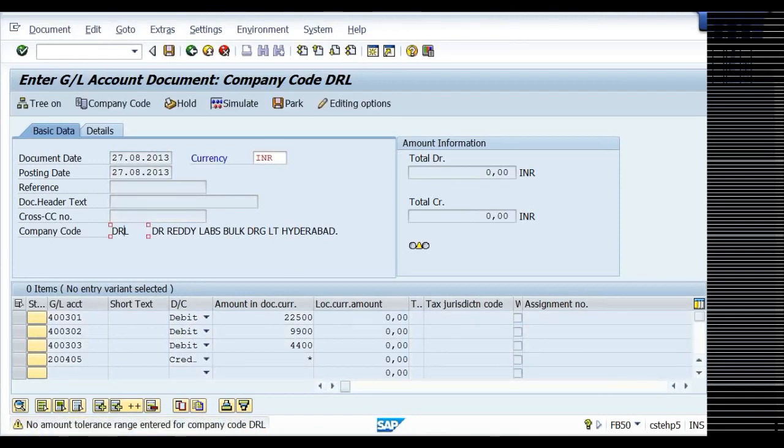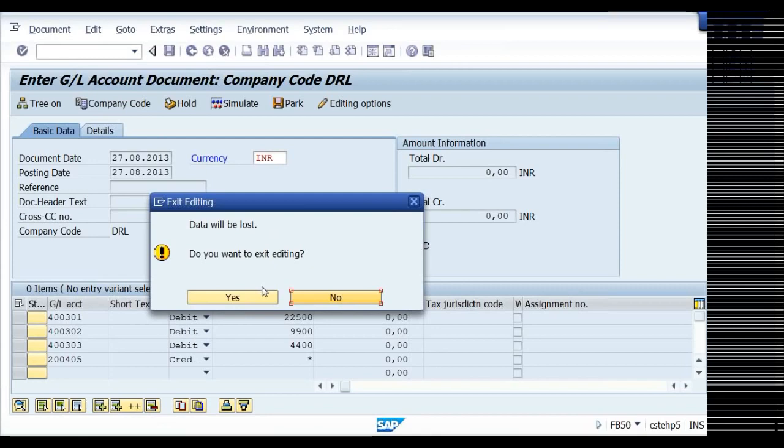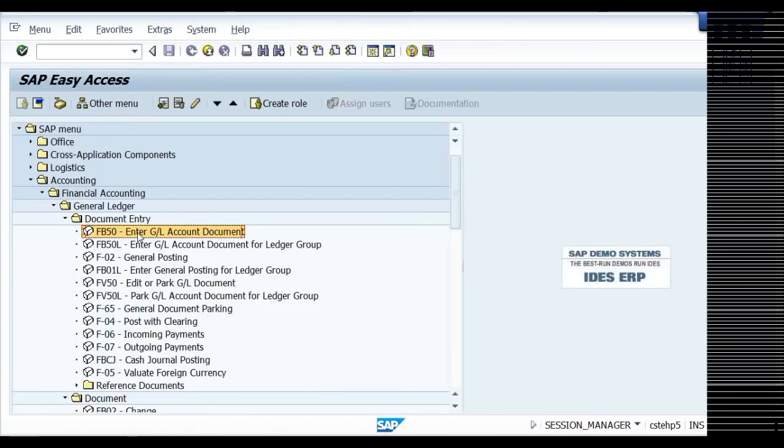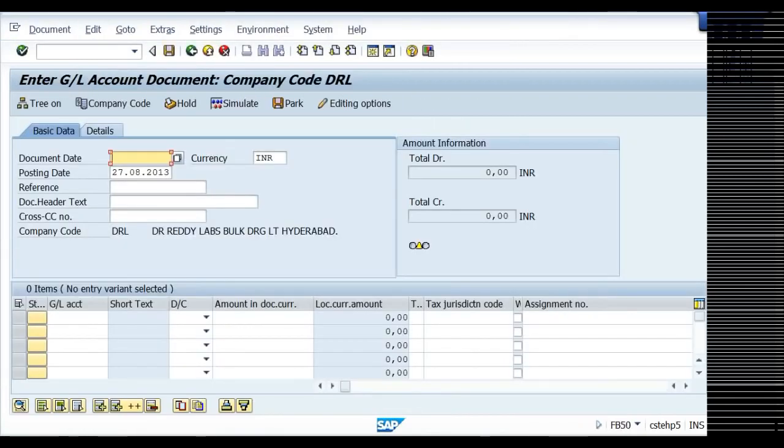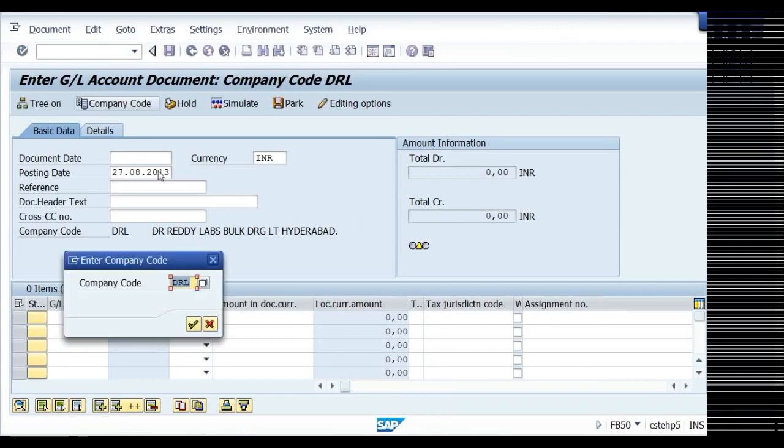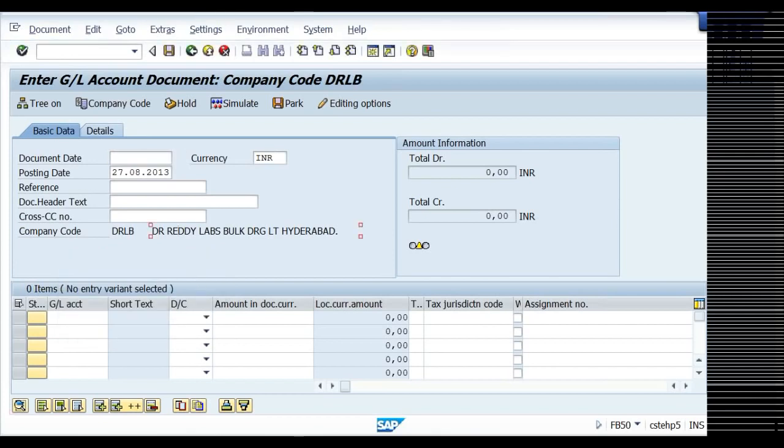So what is the company? We are posting in DRLB. I want to post company code DRLB. 400301, 400302, 400303, 200405.